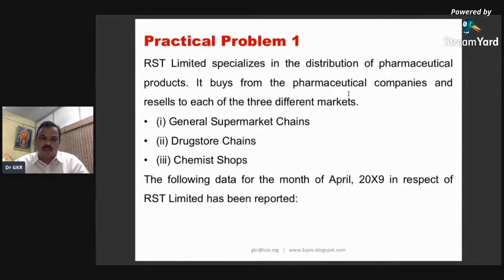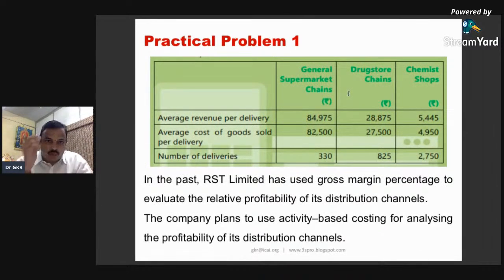The following data for the month of April 2019 in respect of RST Limited has been reported. This is your average revenue per delivery, the number of deliveries in the third row, and the average cost of goods sold per delivery. So per unit he has given the delivery cost and revenue, and per unit is actually per delivery. Look at the chemist shop: how many shops are there? How many supermarket stores are there? Look at the numbers. In the past, RST has used gross margin percentage to evaluate the relative profitability of its